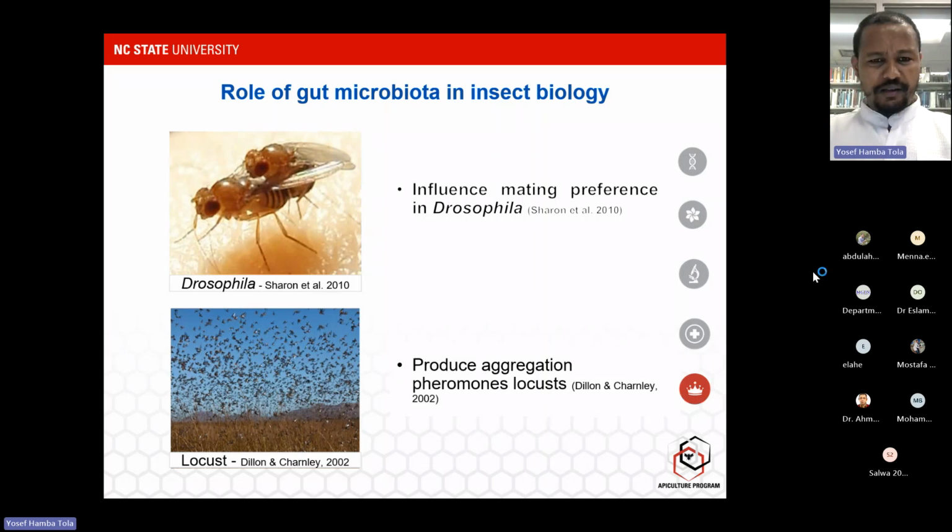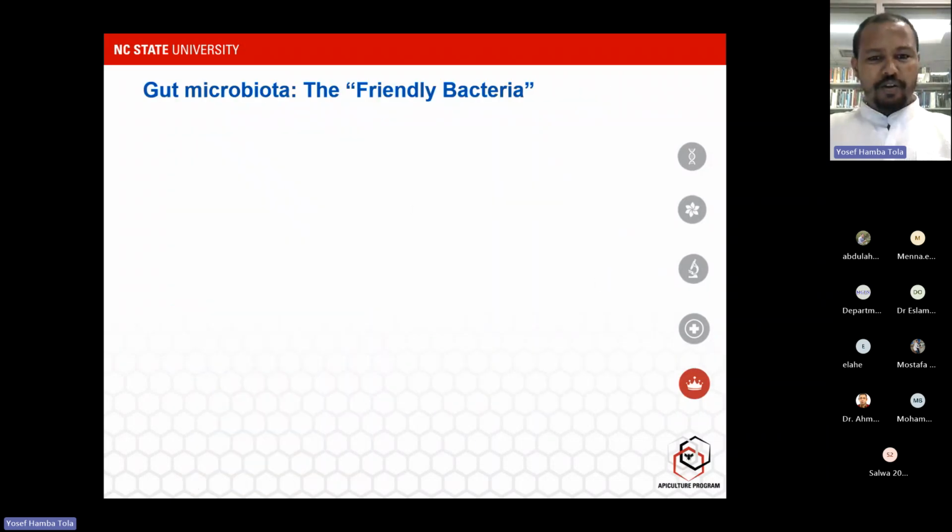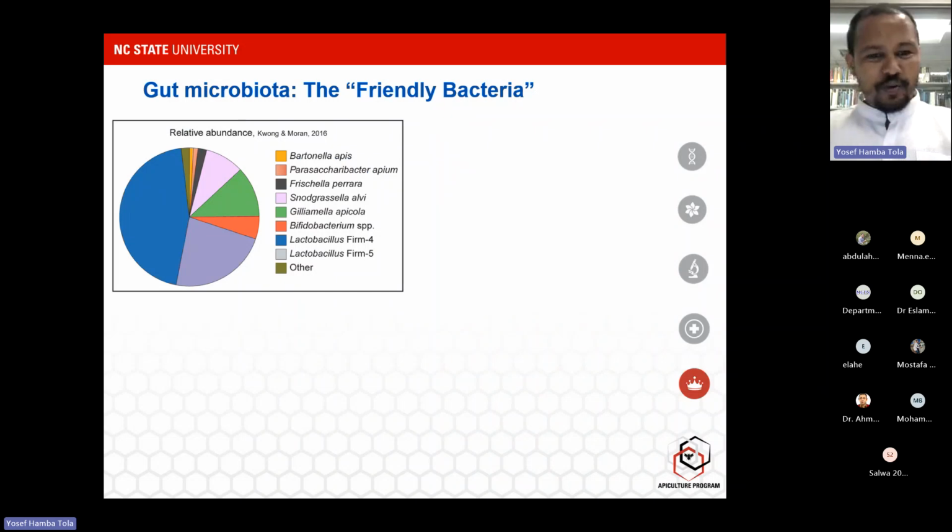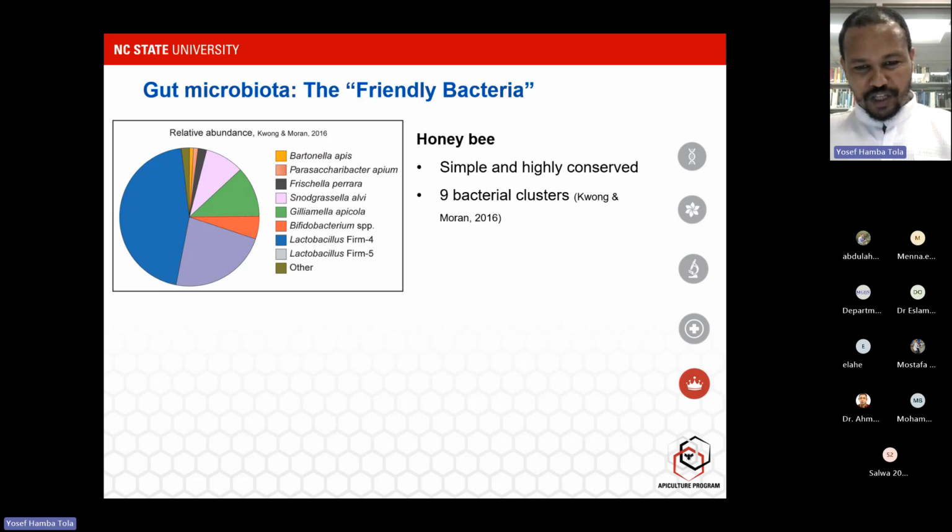And what do we know about the microbes, the symbionts, associated with bees? According to this report, so far we have about 9 phylotypes of gut microbiomes associated with honeybees. Of these phylotypes, 5 of them, Snodgrassella, Gilliamella, Bifidobacterium, and the Lactobacillus species, are specific only to bees. You can only find them in honeybees. You can't find them in other organisms.